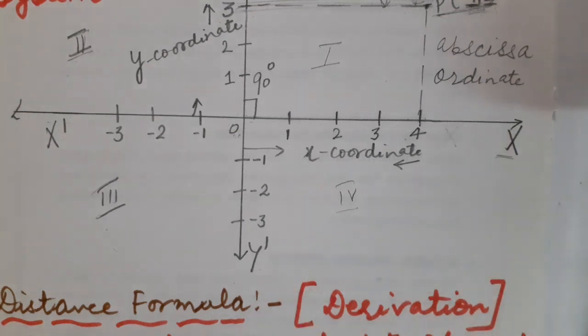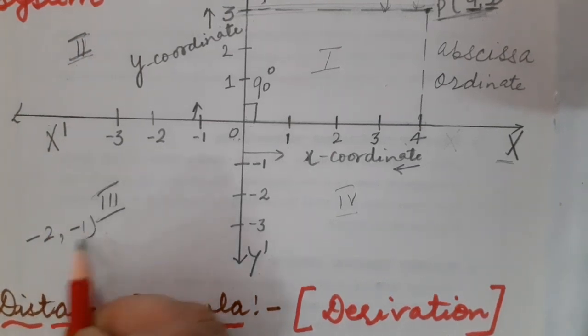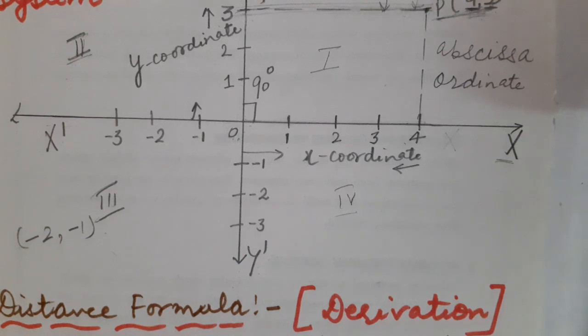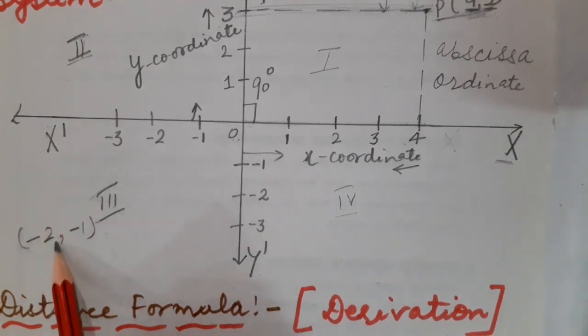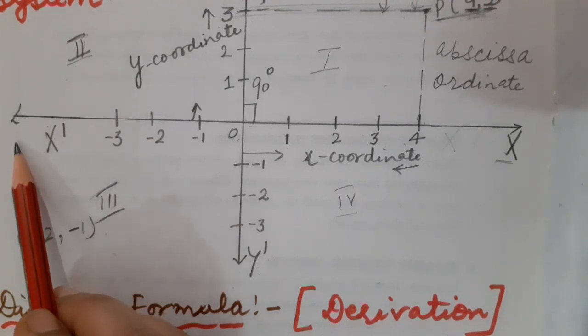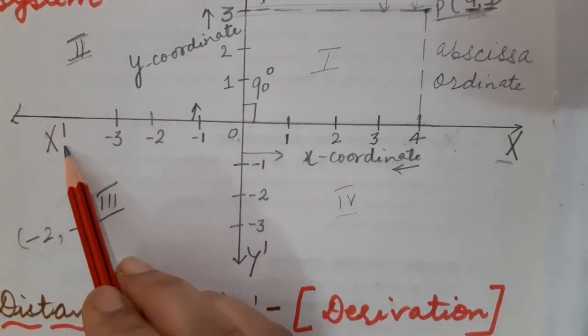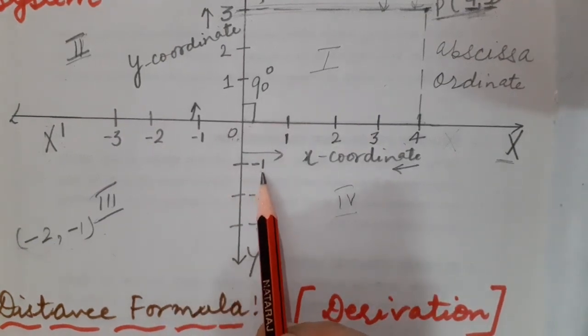Correct, students? Suppose someone tests you and asks you to plot the point (-2, -1) on the Cartesian plane. Then children, can you let me know in which quadrant it would lie? Correct. It would lie in quadrant number 3. But how will I have to plot? I have to take the abscissa as -2. That, you know, definitely I have to go on the left side of the x-axis. Fine. That I have to take under x dash. This is -2 over here. And here this is -1.